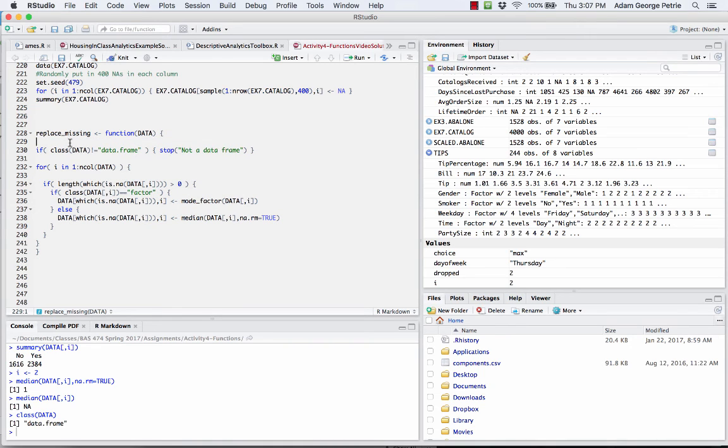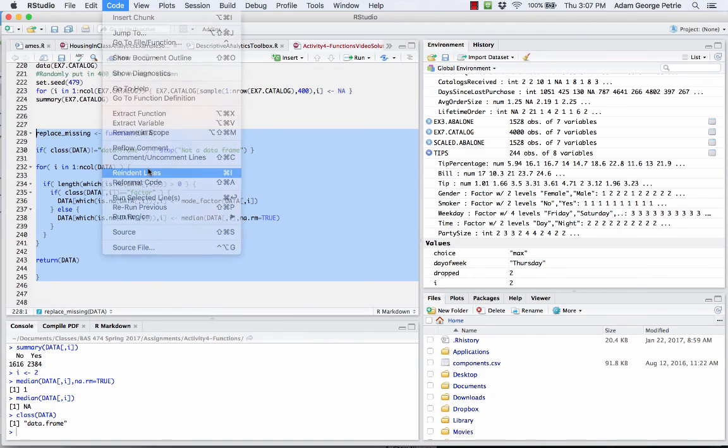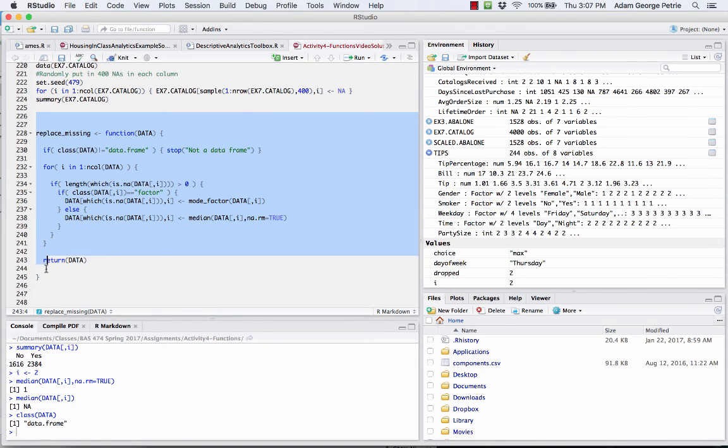And do we have to change anything else? Well, nope, this looks good. If the class of data is not a data frame, we output that error message. Otherwise, we actually didn't need the else statement here. Otherwise, we just continue onwards and do this stuff. Otherwise, go through systematically each one of the columns in the data frame. If it has missing values and it's a factor, well, replace those missing values with the mode. Otherwise, replace those missing values with the median. And then what I need to do is make sure to give back this data frame to the user. So I'll return data, and I should be good to go. I'll re-indent these lines one last time. I'm going to define my function,